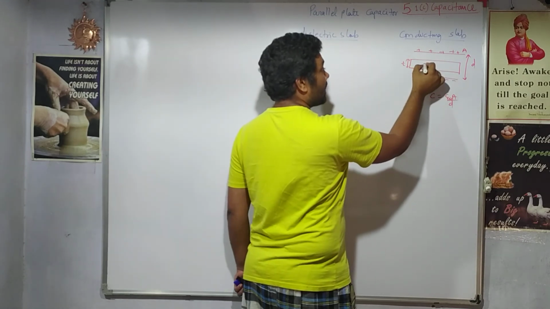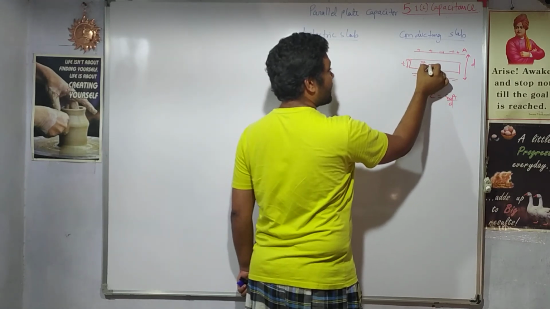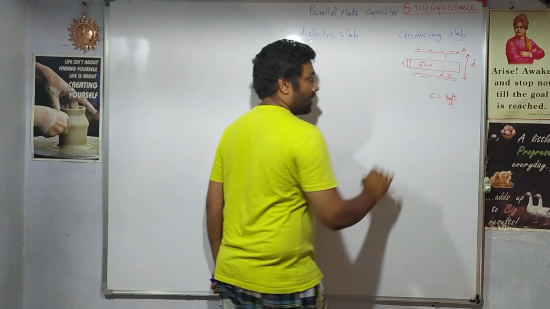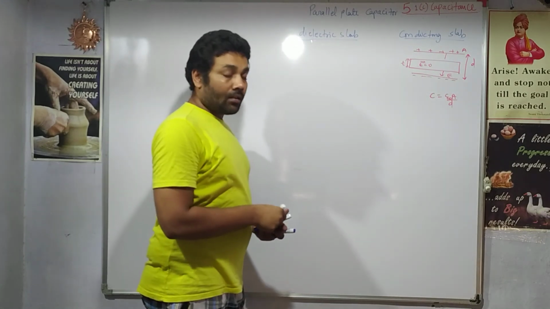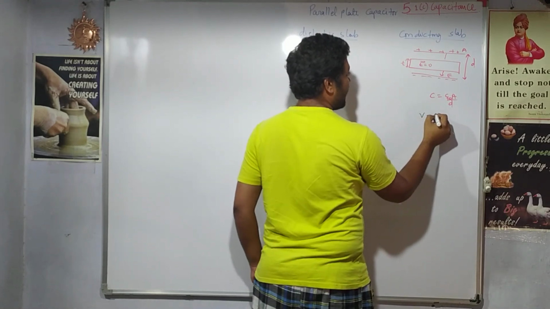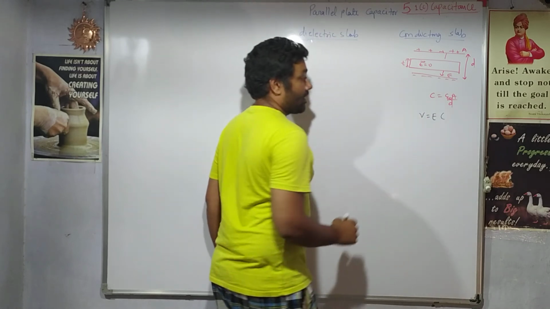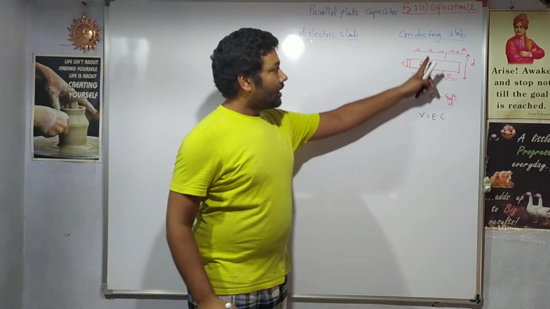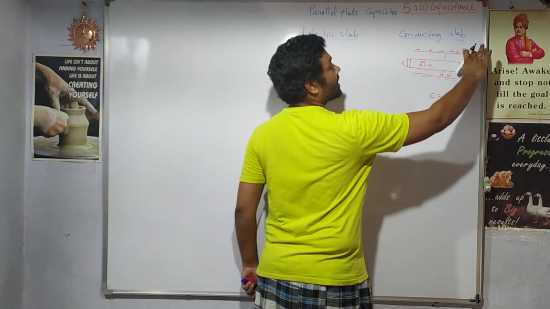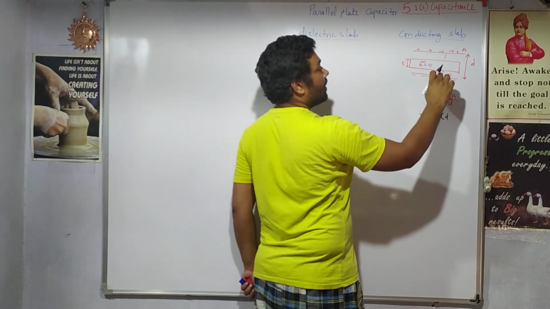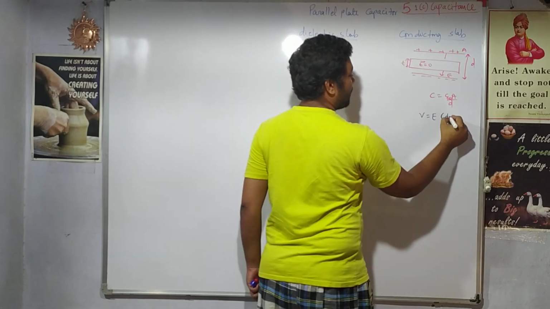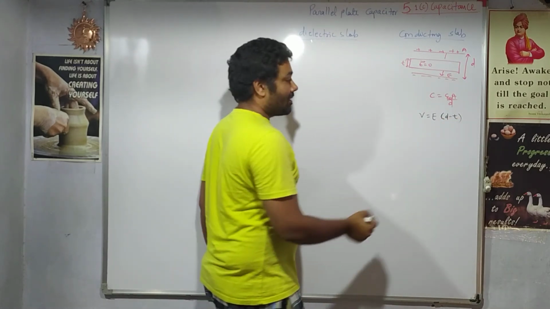It is a conducting slab, right? So obviously electric field inside it is 0. External electric field, let us say it is E. So now if we write down the equations for the potential, we know that the potential V is given by electric field into the distance. Now what is the distance in which electric field exists? Earlier electric field was for the complete distance D, but now electric field exists only in the region except the slab. So the distance will be D minus T.